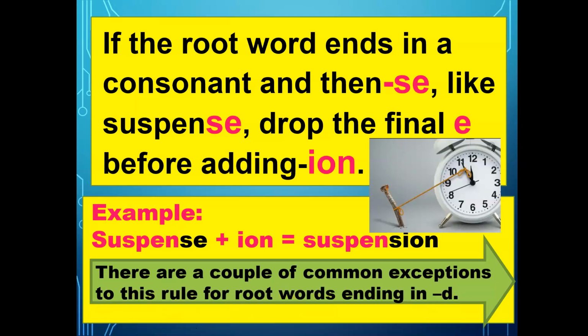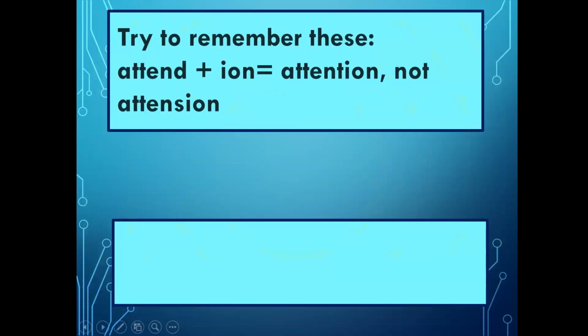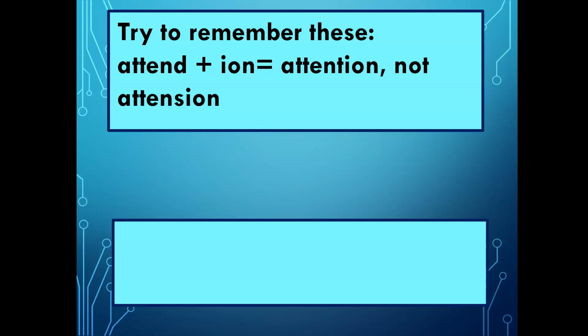Suspension. What does it mean? What do you think? Dangling, or you can say delay. All right. And try to remember this thing, children. Here again I am showing you the example: I told you that if the root word is ending with D, I have added here ION. Now I cannot use, so you can see here we have replaced it with TION, not